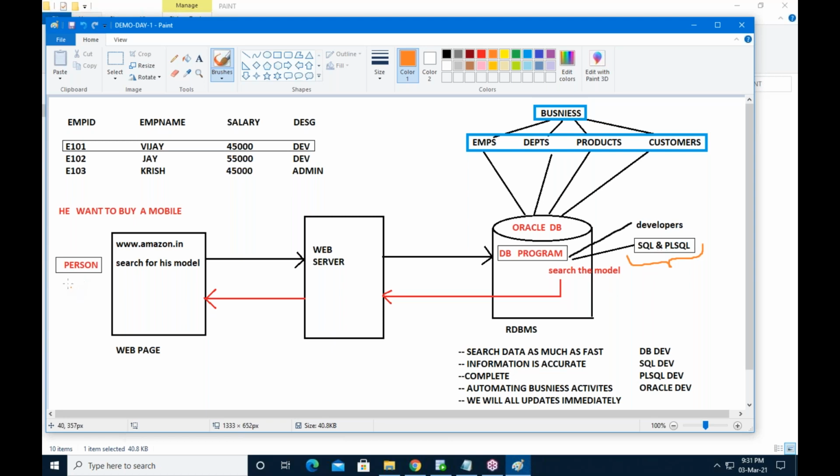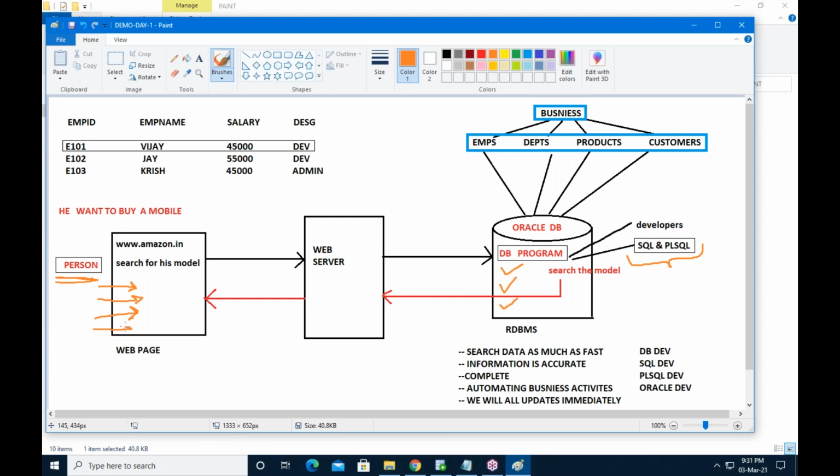Here the client is this person. He is requesting for deposit, then write a program for deposit. He is requesting for balance inquiry, write a program for fetching balance. He is requesting for withdrawal, write a program for withdrawal.